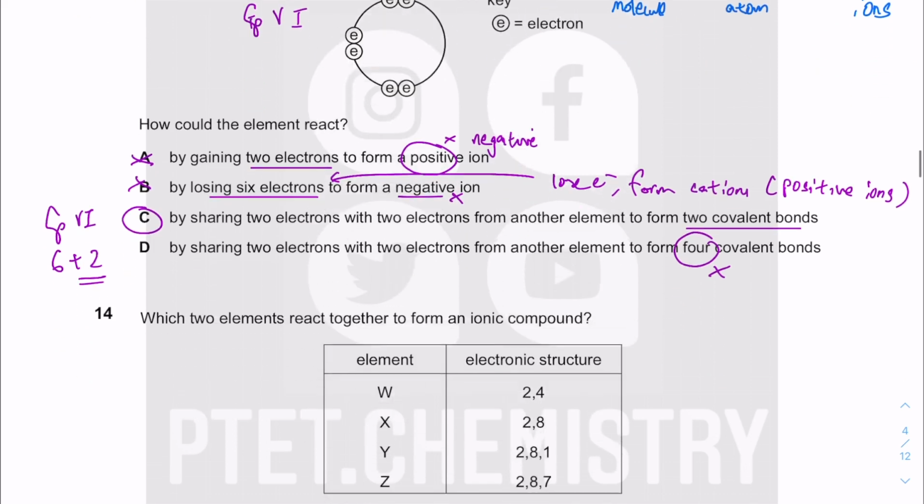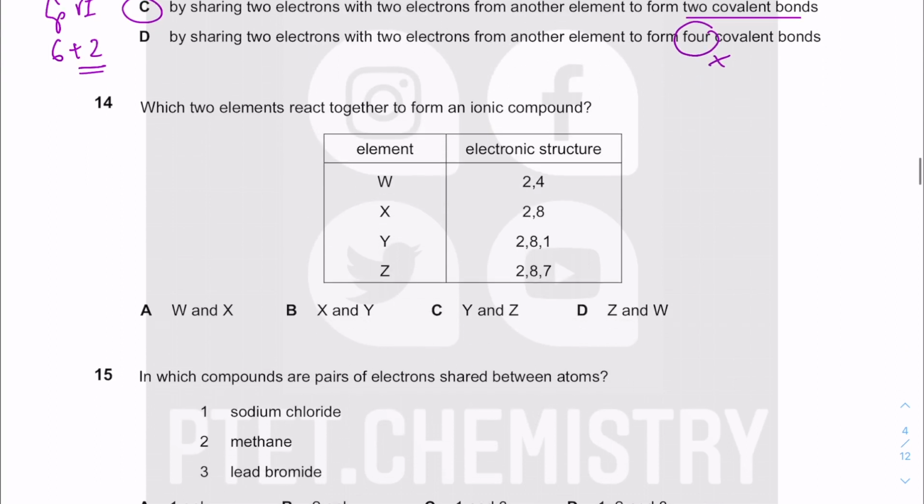Okay. Number 14, which one will react together to form an ionic compound? You're looking at a metal and a non-metal bonding together. So this is the outer shell configuration. So this is group 4, not 6. So group 4, IV. This is first shell, second shell. First shell can only accommodate 2 electrons. This one has got 3 shells. Remember, period number tells you up until what shell are occupied with electrons. First shell has 2 electrons. Second shell has 8 electrons. Third shell, which is the outermost shell, has 1